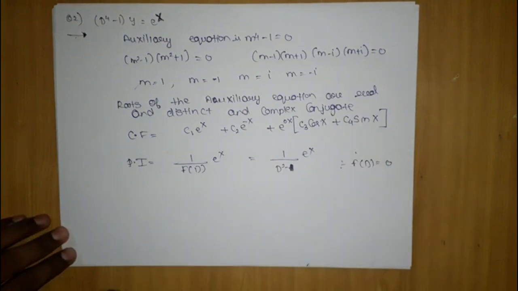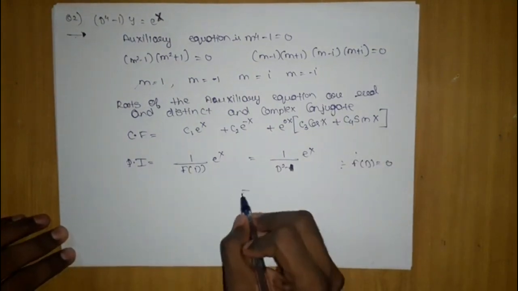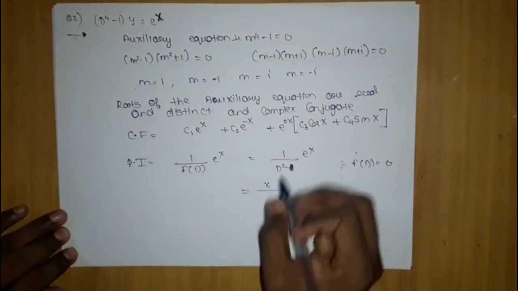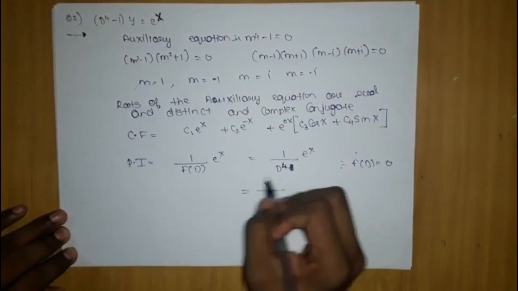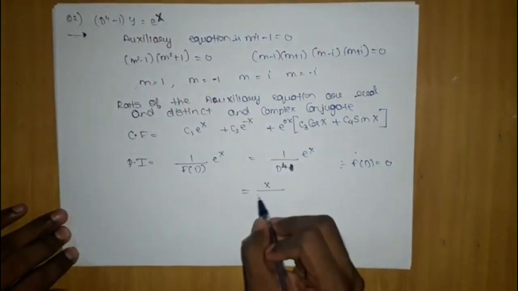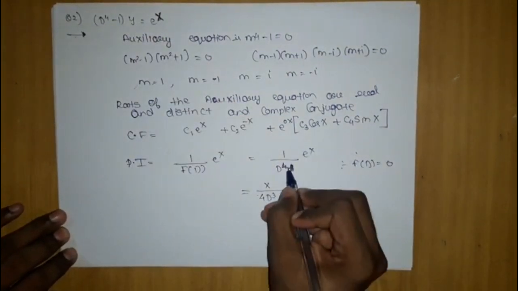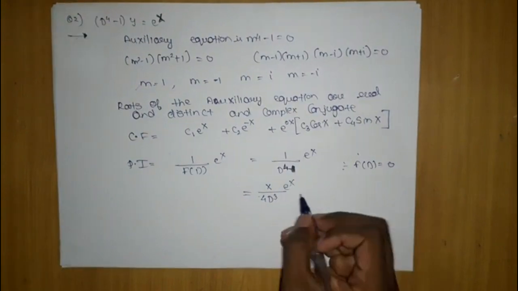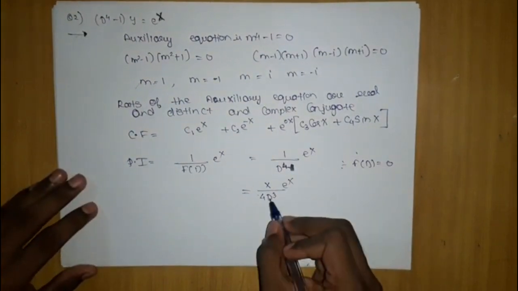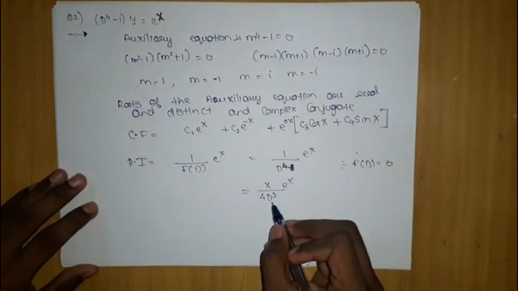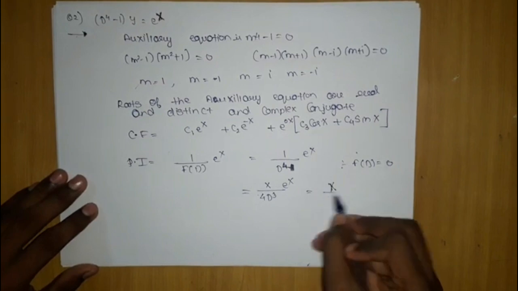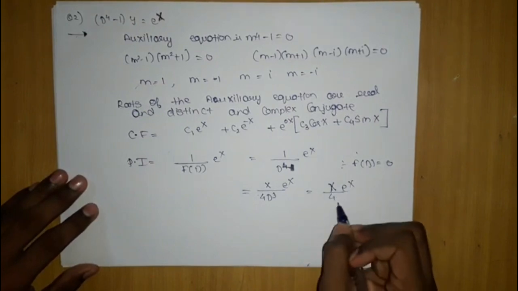Now what you have to do, you have to differentiate it. The moment you differentiate it, you will multiply the top by x, and differentiate the bottom. Here it was D power 4; the moment you differentiate, it will be 4D cube, and the constant becomes 0, into e power x as it is. Now try substituting 1 here, you will get 4. So this is not coming out to be 0. So you got your particular integral as x by 4 into e power x. So this is your required particular integral.